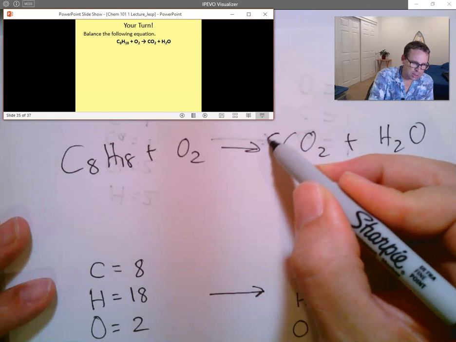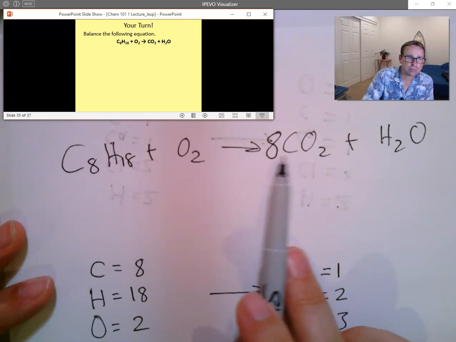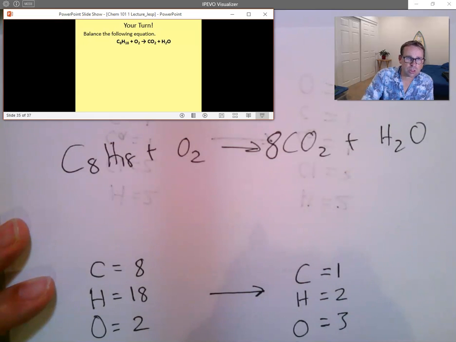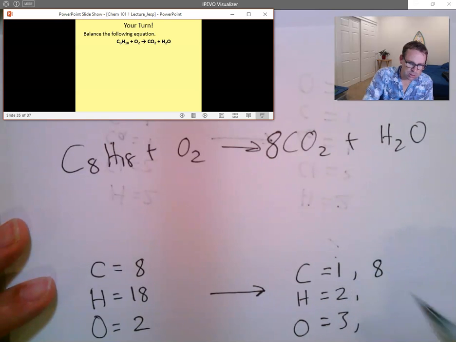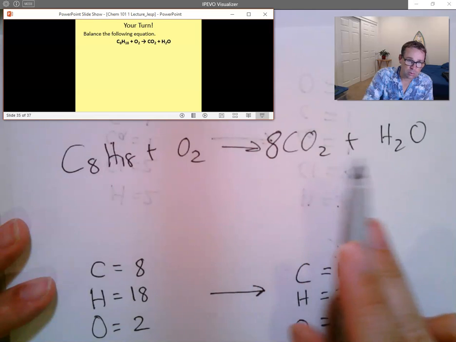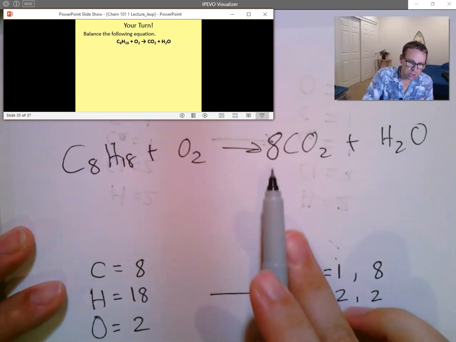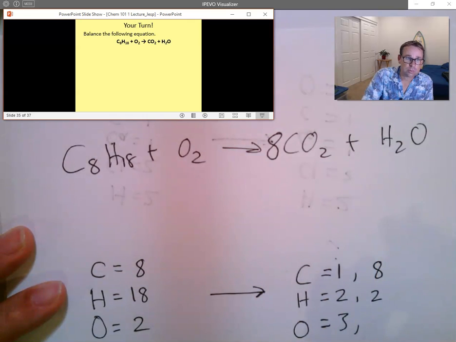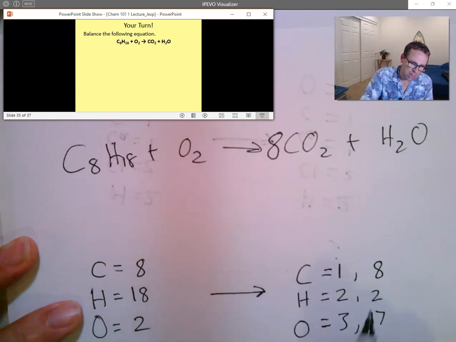If I put an 8 right here, that will change us to have how many carbons now? 8. It'll have 8 carbons, won't it? It'll also change the number of oxygens. So now I'm going to make another row here because I made a change. So instead of 1, now I have how many instead? 8. How many hydrogens do I have? 2. Yeah, still just 2. But how many oxygens now? 17. Very good, 17. All right, so I made the carbons the same, but the hydrogens and the oxygens are